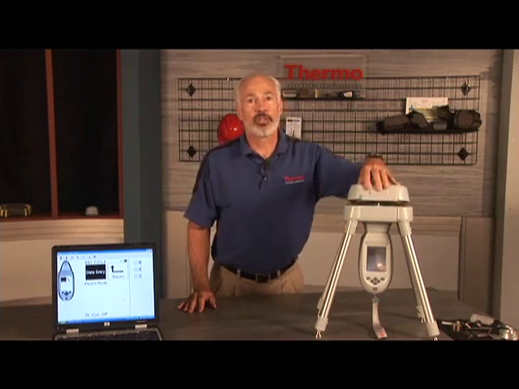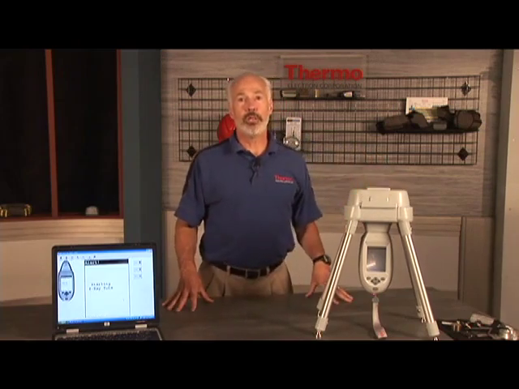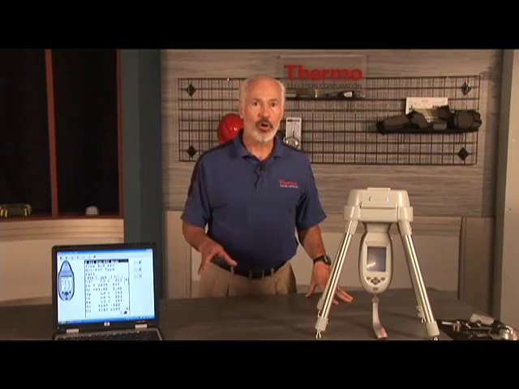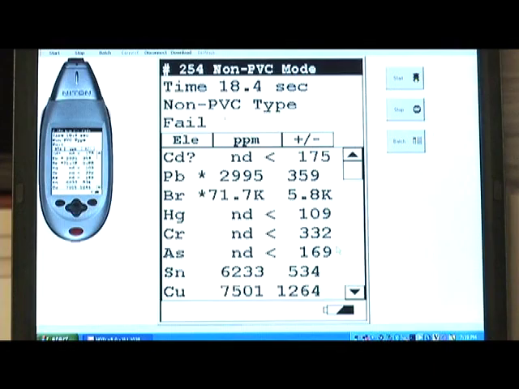The most likely source of a restricted substance in a PCB is typically lead in solder joints. So I'll take the first measurement with these solder joints located directly over the window. Sure enough, we see high levels of lead, well over the allowable level of 1,000 parts per million,